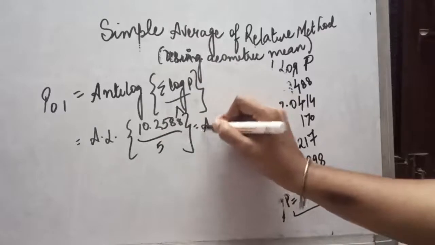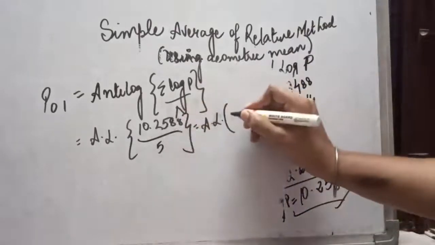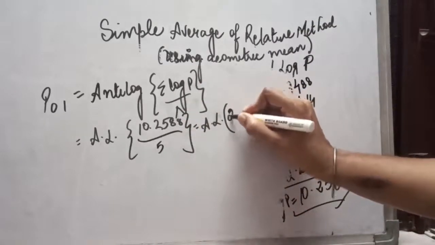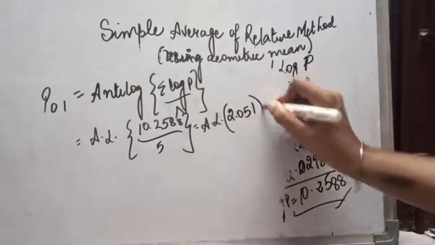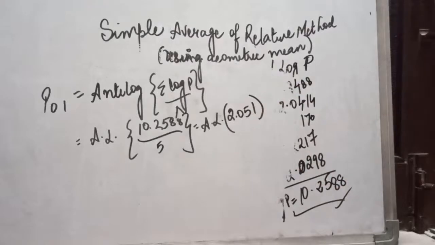So now what we have to do is we have to just divide it because it is in the bracket. So first we will be solving it. So after dividing, it comes out to be 2.051. Now we have to take NT log of 2.051. First we have taken the log. To cancel the log, we have to take the NT log as well. Now if you will go back towards the table that we have seen, after logarithm, the next table, that is B table, that is of NT log, and we will be looking at the value from that NT log table.